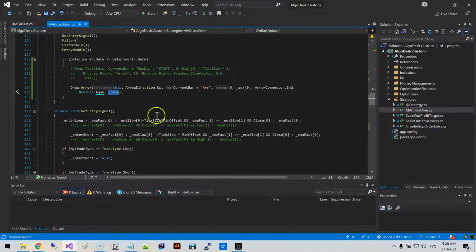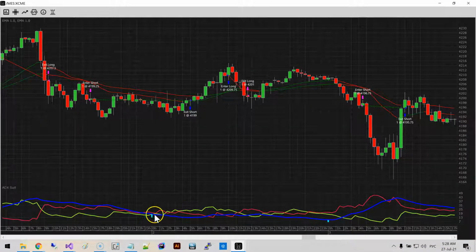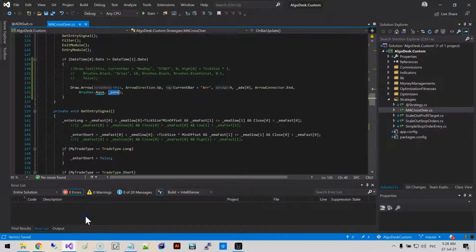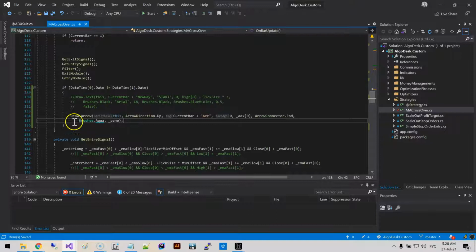So this makes it quite flexible. As you can see now, I'm drawing on the ADX panel. I can add another ADX or whatever, and I can draw on that panel, on this panel, or on the price. It doesn't matter. It's not set globally. It's actually set particularly, but in particular